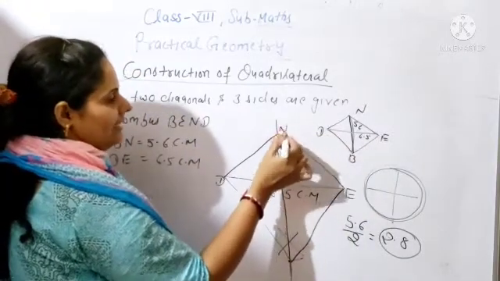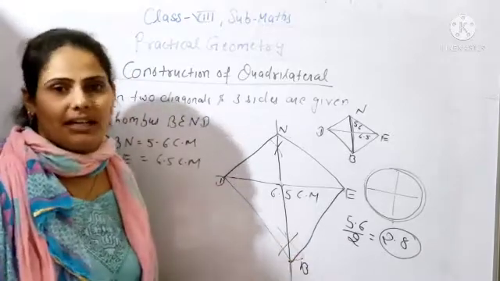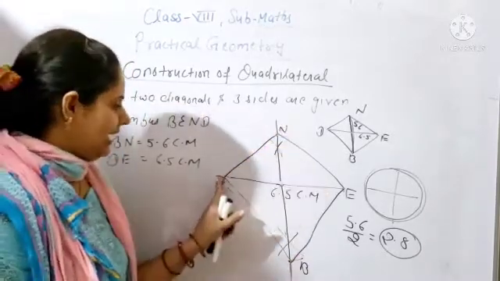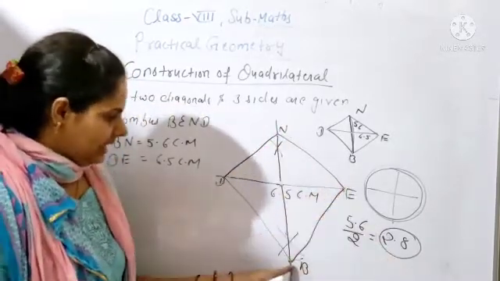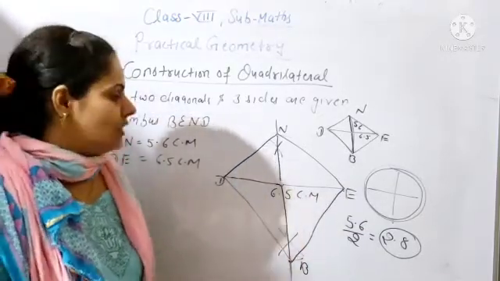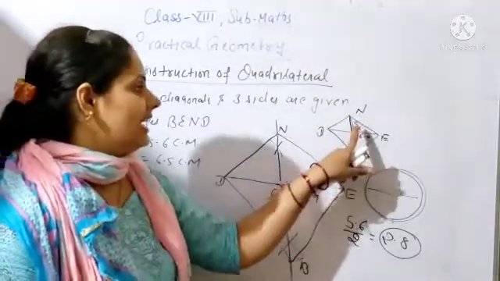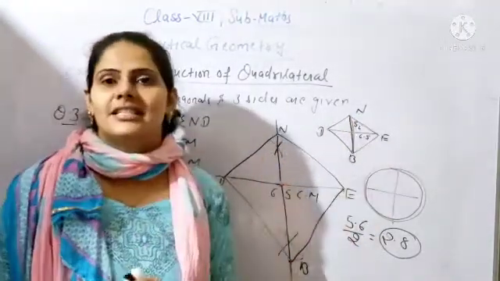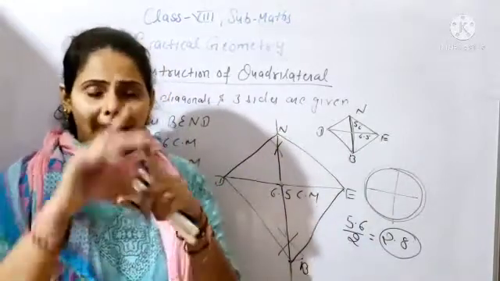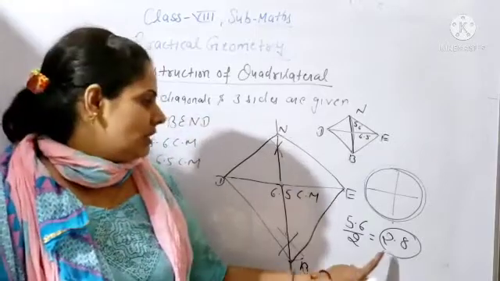First of all, you will write the name of this diagonal. So this is NB diagonal. Okay. After that you will join the lines ND, NE, EB and DE. So first of all you will draw the arc. How many arcs, beta? Which length of arc? You can see the second diagonal length is 5.6 centimeter, so you have to complete arc 5.6. So what will be half of 5.6? It will be 2.8.